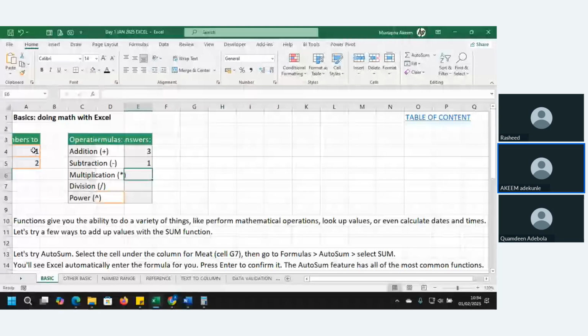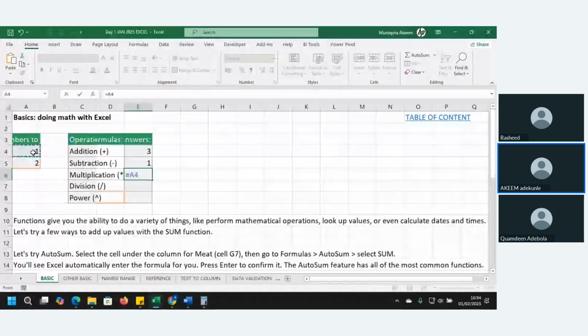Equals to this, press asterisk, then we have that. Then equals to, I want to put 1 divided by, that is the forward slash on your keyboard. That is called division. Then we select this and hit enter. So these are the common operation signs that we use.